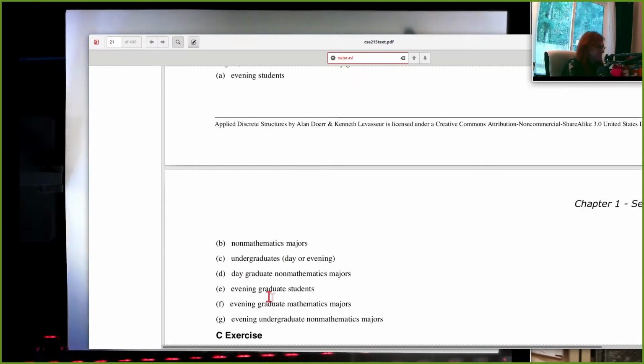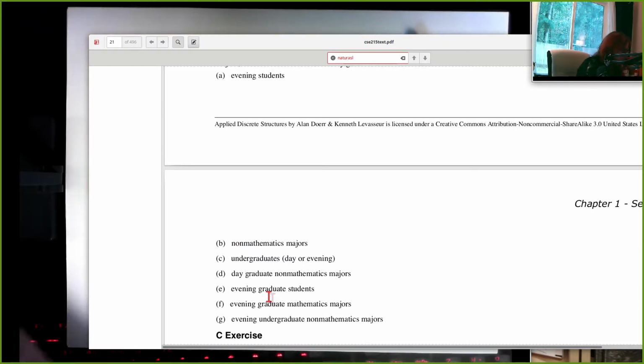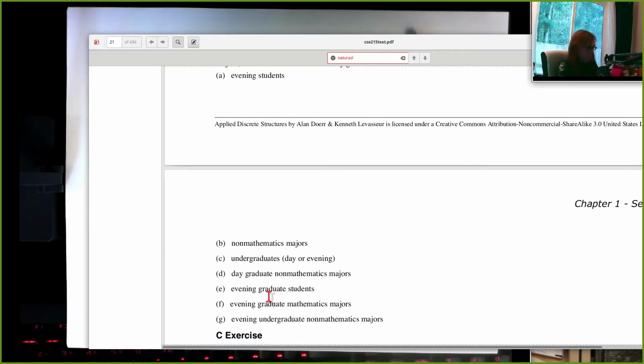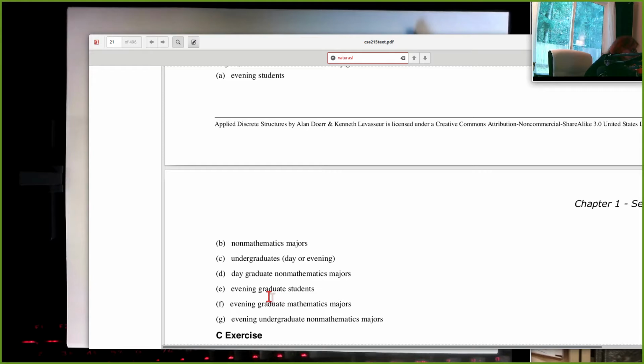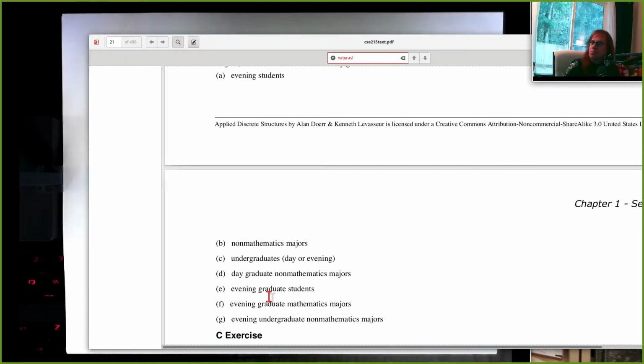Anybody else get any further on these? All right. Well, that got me through my lunch at least. All right. Well, let's look at